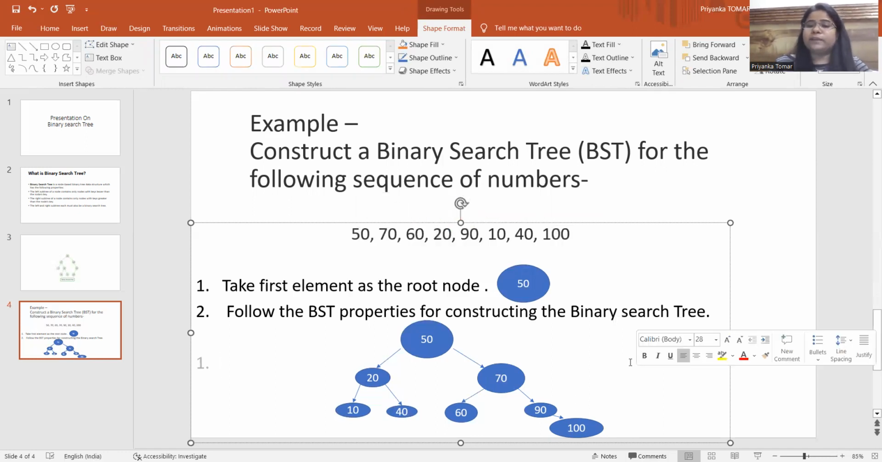I hope that this concept of binary search tree is clear to you,